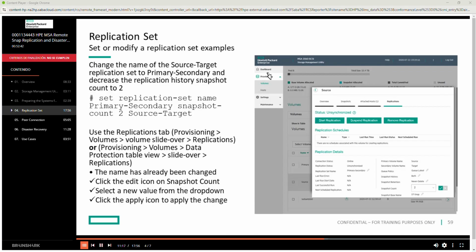For the SMU, again, you're in the volumes panel. And so either from the volumes view, you select a slide over button for a particular volume, or if you're in the data protection table view, you click a slide over button for one of the volumes in the data protection table. And in this case, you can see that I've already changed the replication set name, and I'm in the midst of changing the snapshot count. If I like that count, I would click the green check mark on the green box, and then